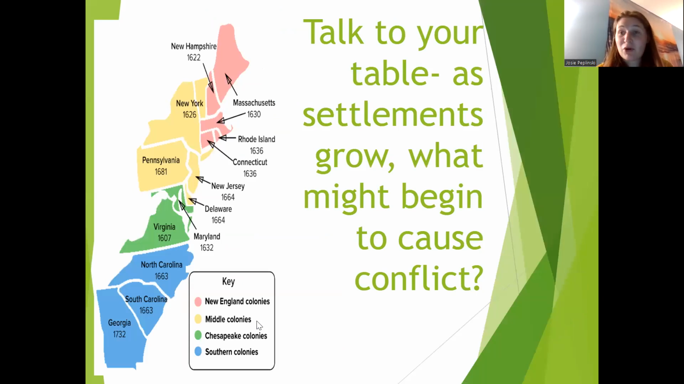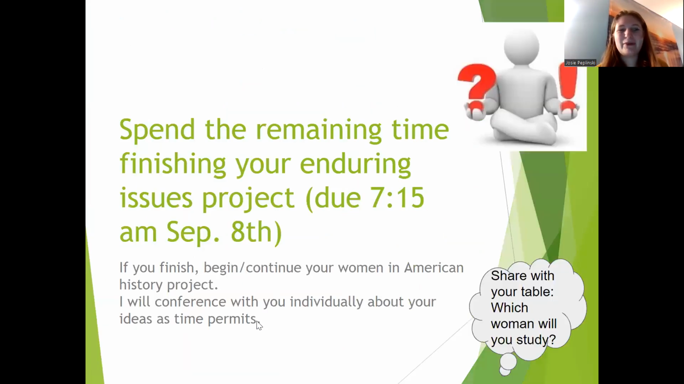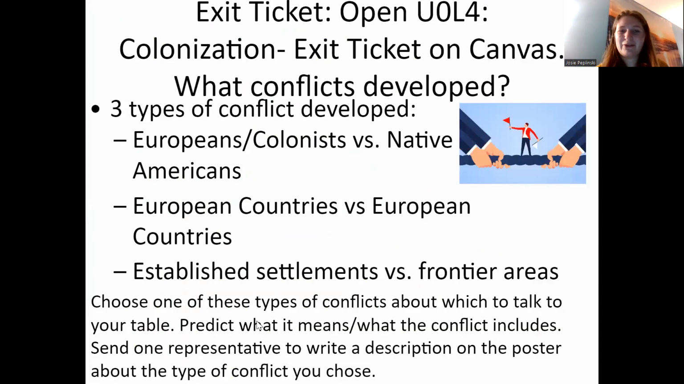We're going to talk about some more conflicts next time. The title of the next lesson is going to be taxes and conflict. So we'll see a lot of conflict emerge. I want you to begin to brainstorm what some of those conflicts might be. So we're going to have three main categories: